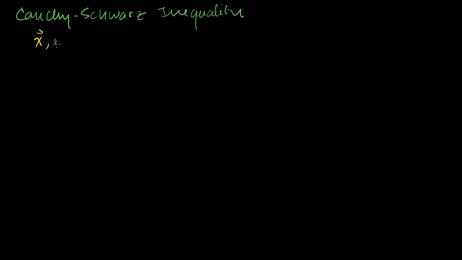In the last video, we showed you the Cauchy-Schwarz inequality. And I think it's worth rewriting because this is something that's going to show up a lot. It's a very useful tool. And that just told us if I have two vectors, x and y, they're both members of Rn, and they're